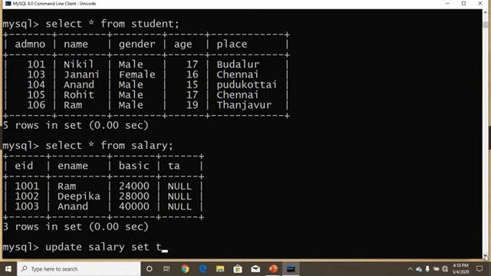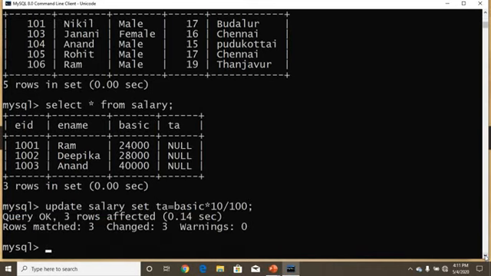So TA equal to what is our calculation? 10% of basic. So basic into 10 divided by 100. This is a formula to calculate a percentage, 10%. Put a semicolon and press enter.